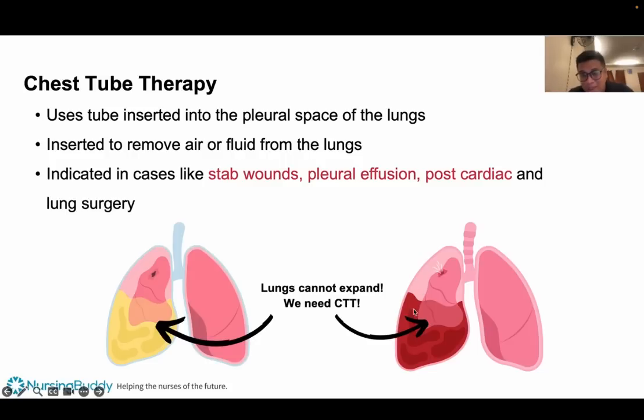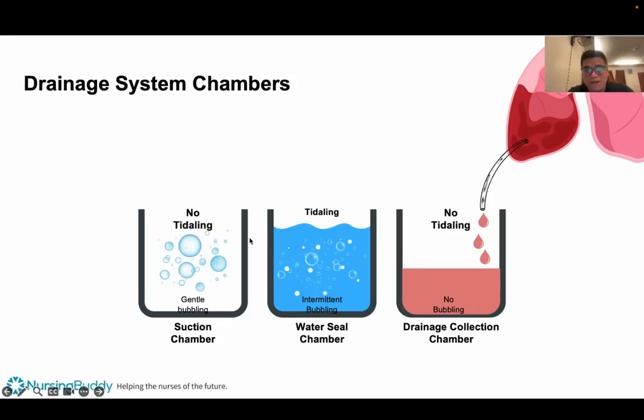So, there would be an increased tension pushing your lungs, and then your lungs would collapse, and that's what we call your atelectasis, and the situation we call your tension pneumothorax. Okay, so it could happen here wherein blood is pushing, and it could also happen here maybe due to an infection wherein pus or your accumulated fluid is pushing your lungs. Okay, so that's what we call your chest tube therapy.